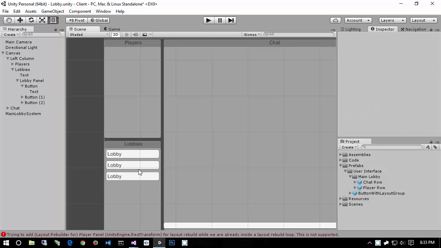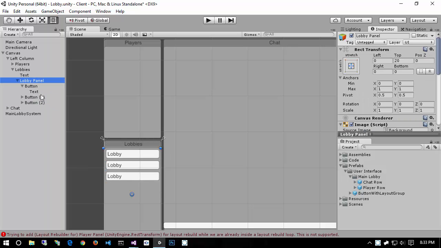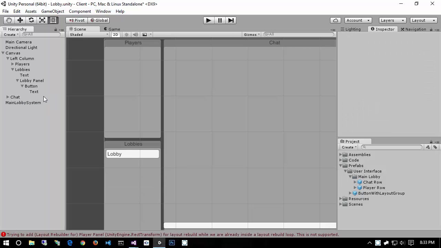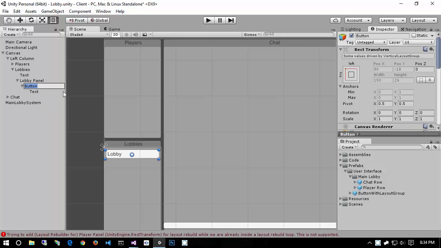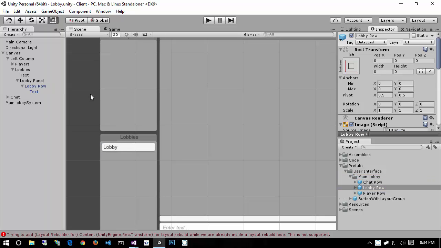So our spacing looks correct as I create more of these. So what I'm going to do here is I'm going to remove these 2 duplicates. And for this button, I'm going to rename this lobby row. And then I'll go ahead and turn it into a prefab by dragging over in user interface, main lobby. So now we have our lobby button prefab that we can use to